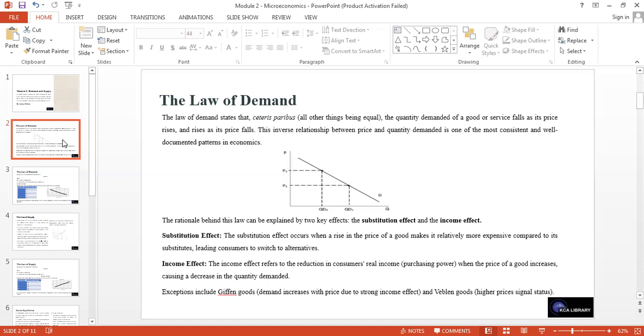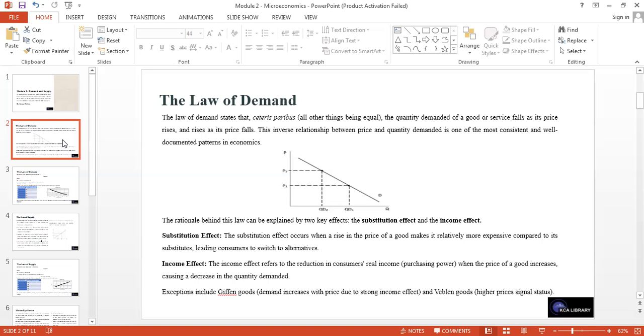So the quantity demanded of a good or service falls as its price rises, and it rises when the price falls. This inverse relationship between price and quantity demanded is one of the most consistent and well-documented patterns in economics, and you can see it from the diagram. The rationale behind this law can be explained by two key effects: the substitution effect and